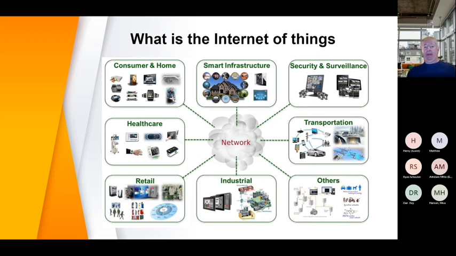So what is the Internet of Things? Loads of them, as you can see. Everybody has some of them either in their home or in their mobile phone. You can see the smart house there that has all the different gadgets in your house. You can have a smart oven, smart cameras, everything, and they're all connected to the cloud. As you can see there, even healthcare is using a lot of them now